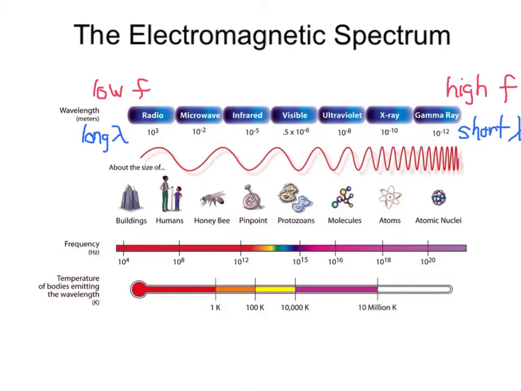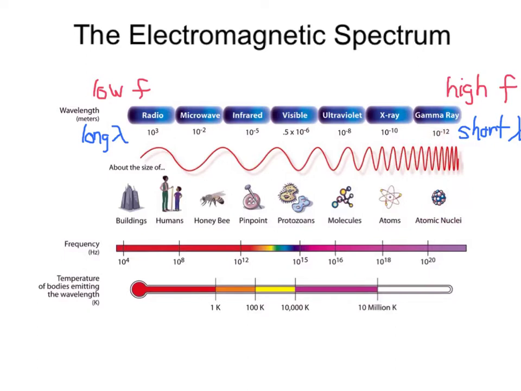We can also observe that radio waves have the longest wavelength, that distance from crest to crest, whereas the gamma rays have the shortest wavelength from crest to crest. Now the size of these wavelengths of radio waves are on the order of buildings, or several kilometers, that is 1,000 meters, whereas gamma rays can have a wavelength on the order of atomic nuclei size, or 10 to the